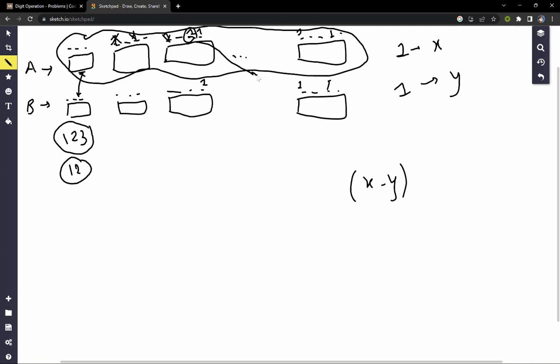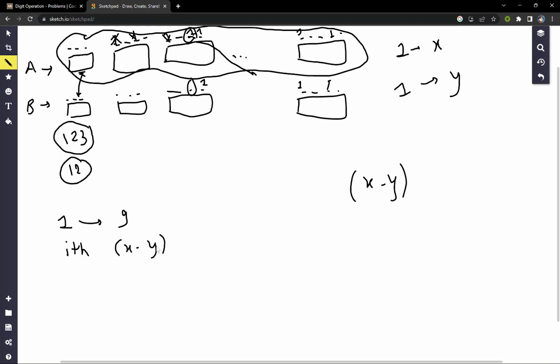So the only option remaining here is to convert this 1 to any other character in array B so that it will perfectly match. This is another simple observation. So what we have to do, for each digit from 1 to 9, we have to calculate what number of type 2 operations we have to make for each digit. So for each ith digit from 1 to 9, the type 2 operation for the ith digit will be the number of characters in array A minus the number of characters in array B.